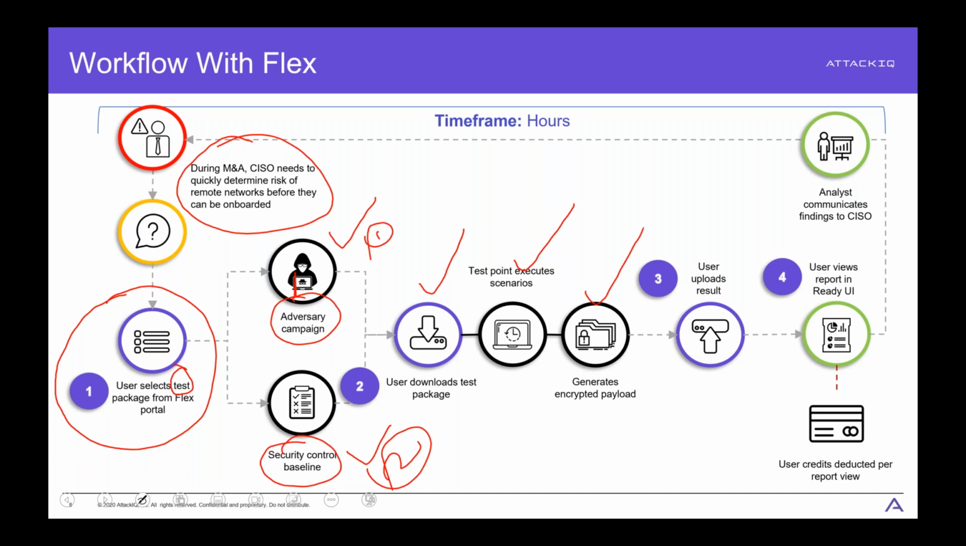Basically, it will create the results. You upload the result onto the platform. It'll give you the report, all done, and the CISO has that, and he's good. And this is hours. The execution of this,